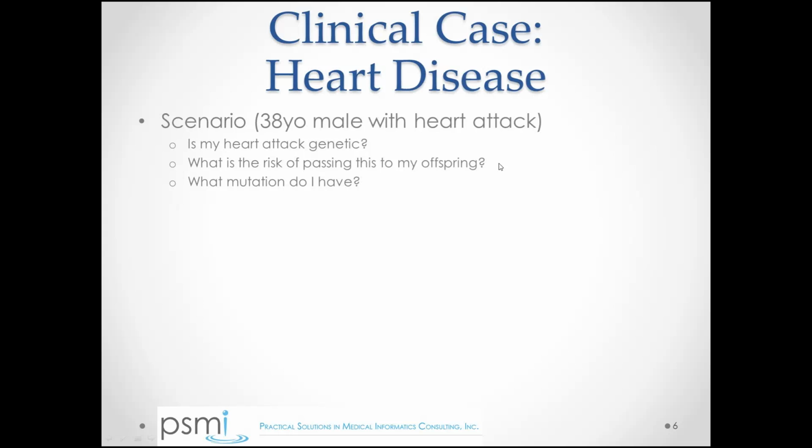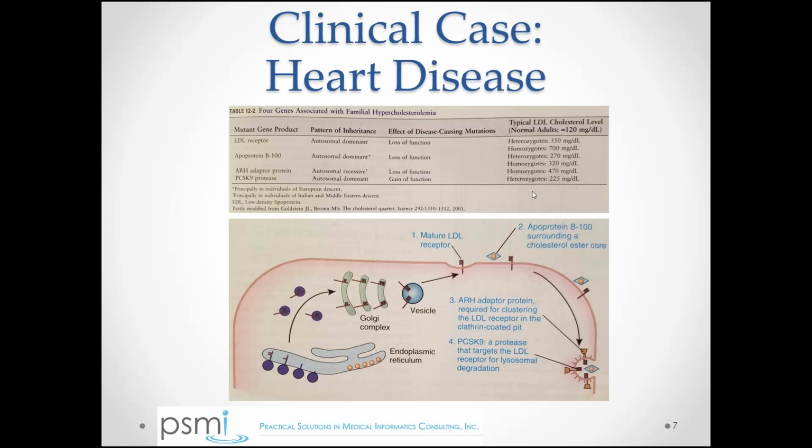The next question, though, what mutation do I have? We suspect he has familial hypercholesterolemia, but now let's go ahead and see if we can figure out exactly what mutation this patient has. To do that, it helps to know a little bit more about what we suspect is going on, familial hypercholesterolemia, because doing a little bit of an informed search of the genome for a variant will be far more fruitful